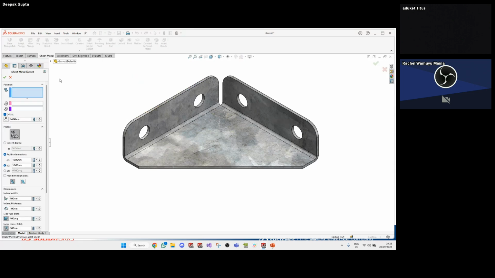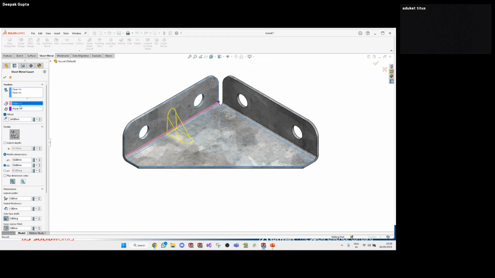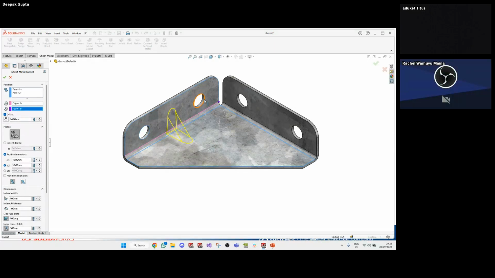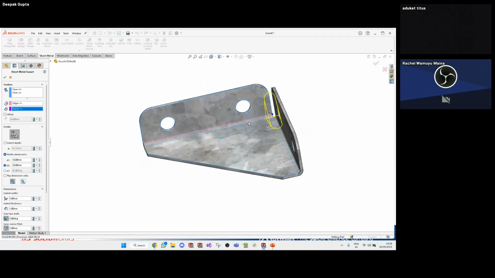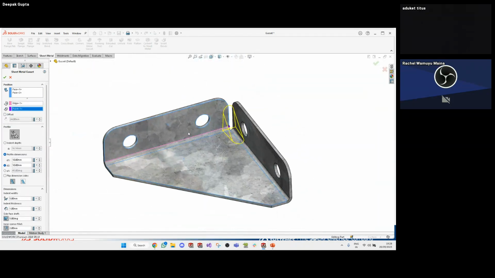You select the gusset tool and you select a face and the second face, and it will give you a preview, and it will automatically create a virtual edge and the point from where it is positioning it. If you uncheck the offset, it will take it to the center of that point, and based on the requirement, we can provide the offset. Let's make it